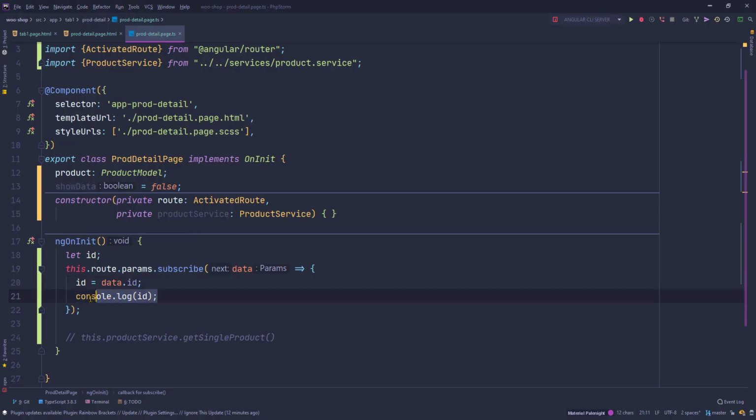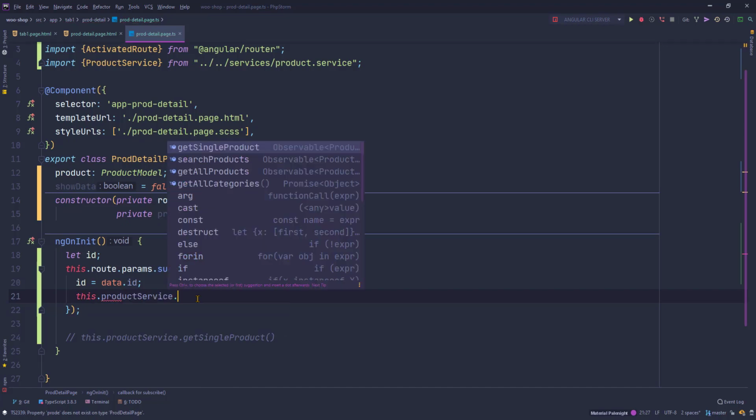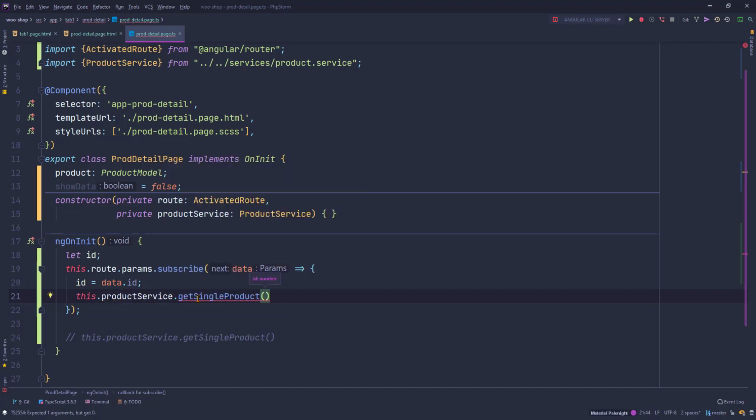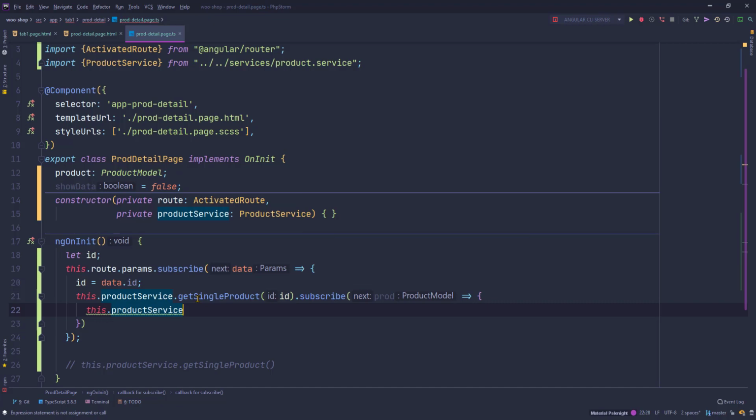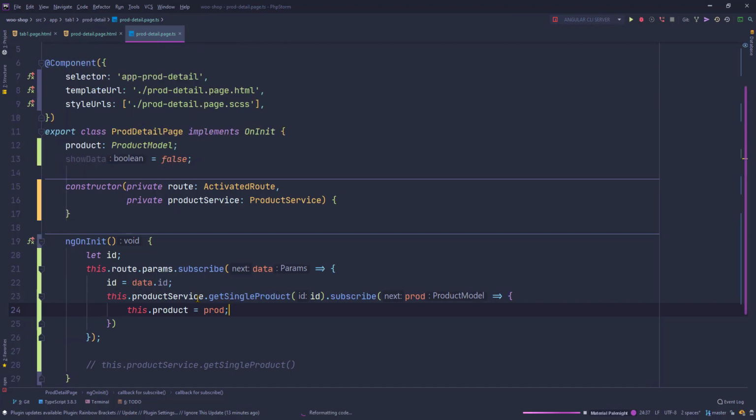2248, perfect. So now we'll go to product service dot get single product and set this ID and subscribe to the product, and we'll assign this dot product equals to prod. Okay,